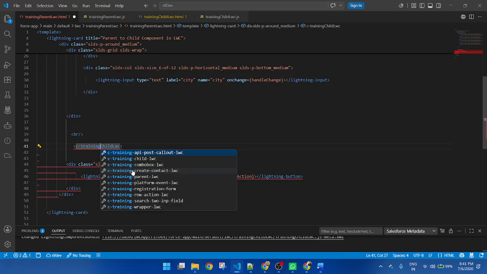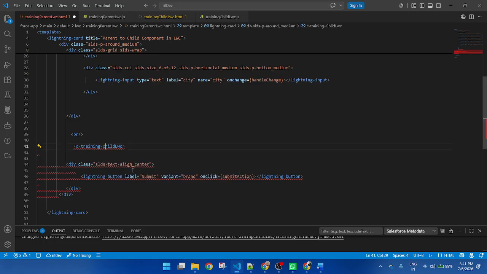So we convert the capital letter to a small letter and pass a dash. Here you can see I am changing capital to small letter. This L is a capital, so first I use a dash, then change the capital to a small letter.